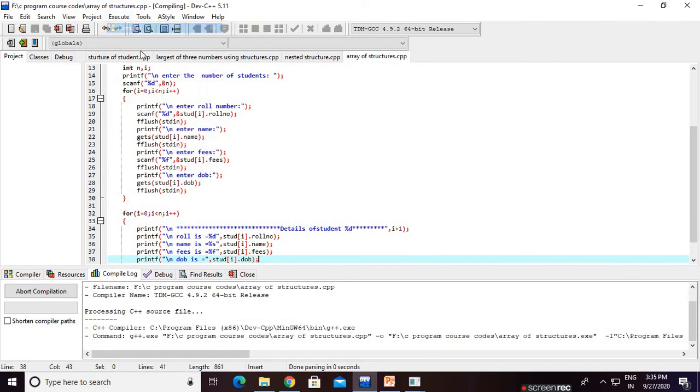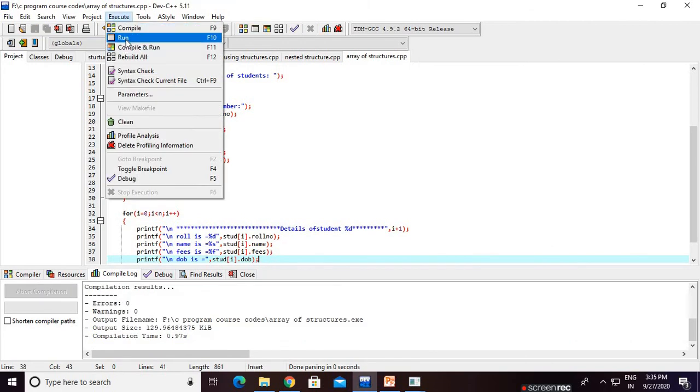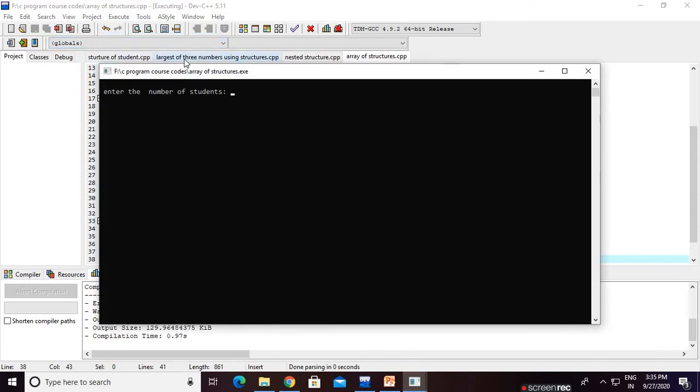Click on execute, compile, done. Enter the number of students. Here we take 2 student records. Roll number is 1. Name is AM. Fees is 31,000. DOB is 29.07.1996. Roll number is 2.